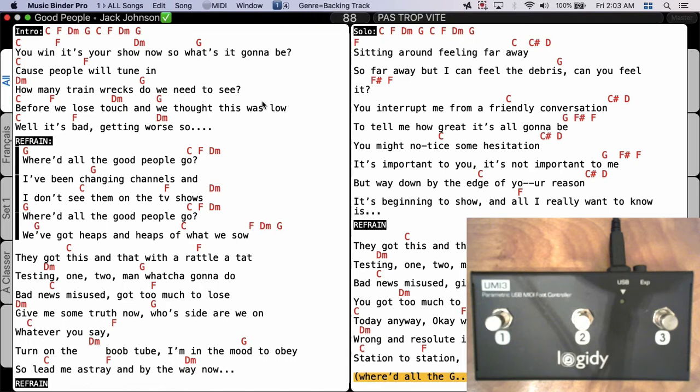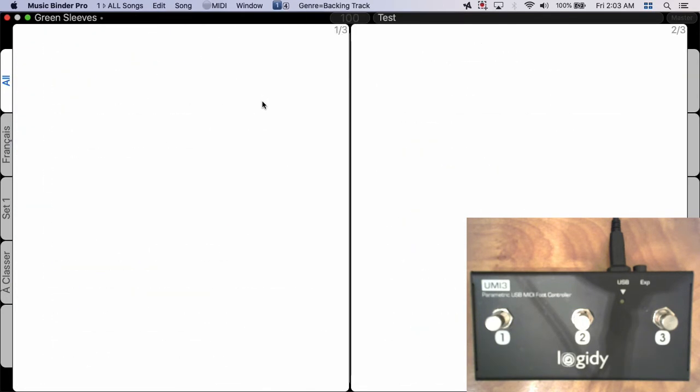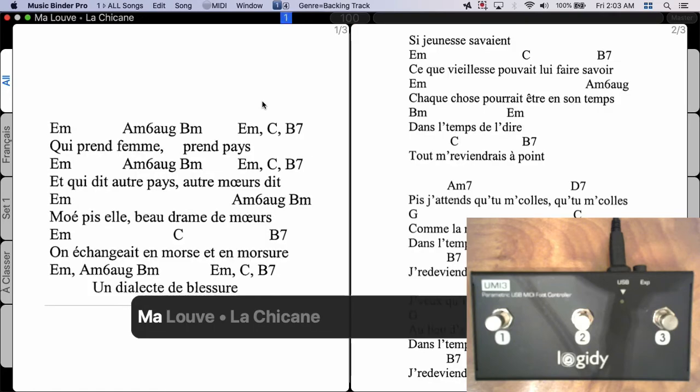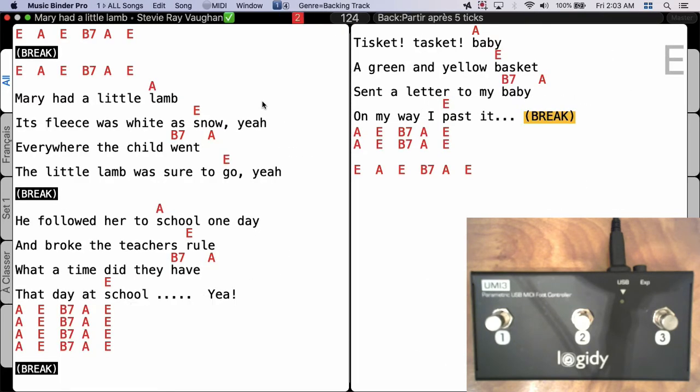Now if I go to another song, Mary Had a Little Lamb. Now the last time I pressed on the switch, it was a count 2. So the program remembers it. So if I press on the switch, it will not display a count 2. It will simply stop the metronome. It's not